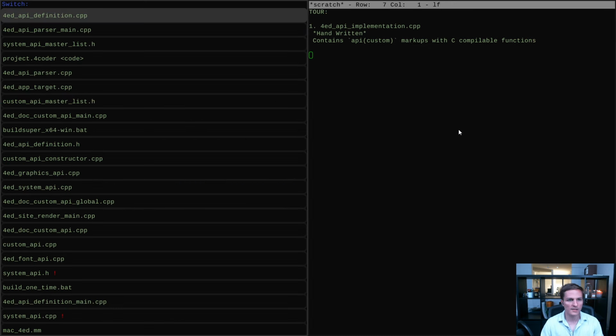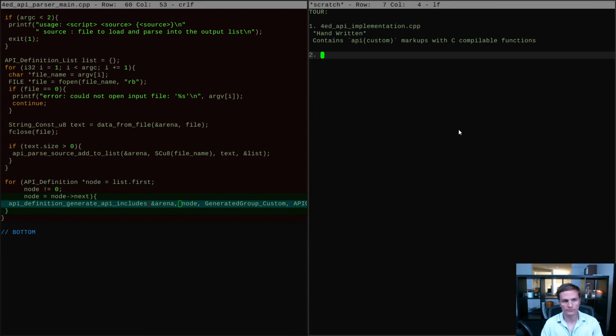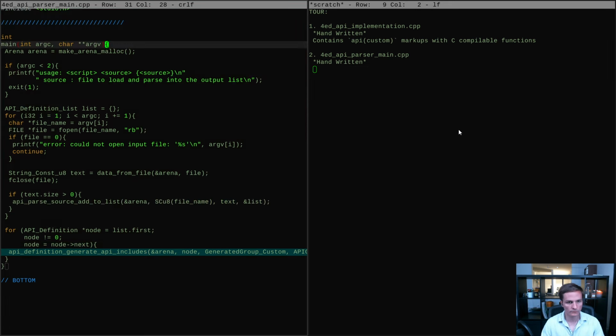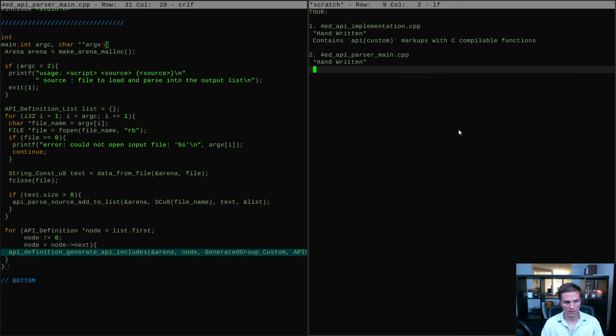Then what happens is API parser main, which is handwritten, loads 4ed API implementation.cpp, parses it, and generates